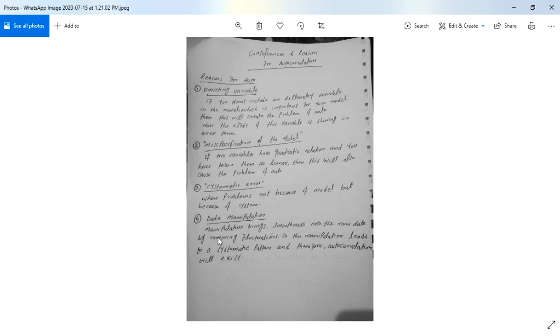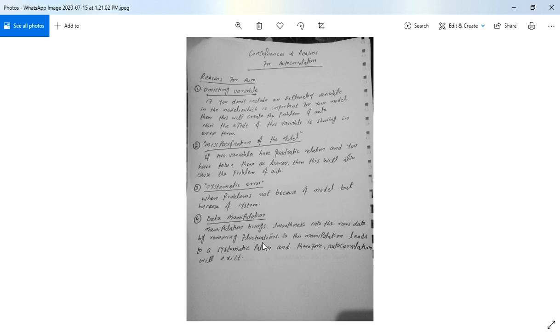So what is meant by data manipulation? It is when we transform data by using log, or by using averages, or by taking the growth rate. All these methods will smooth our data. Manipulation brings smoothness into the raw data by removing fluctuation.